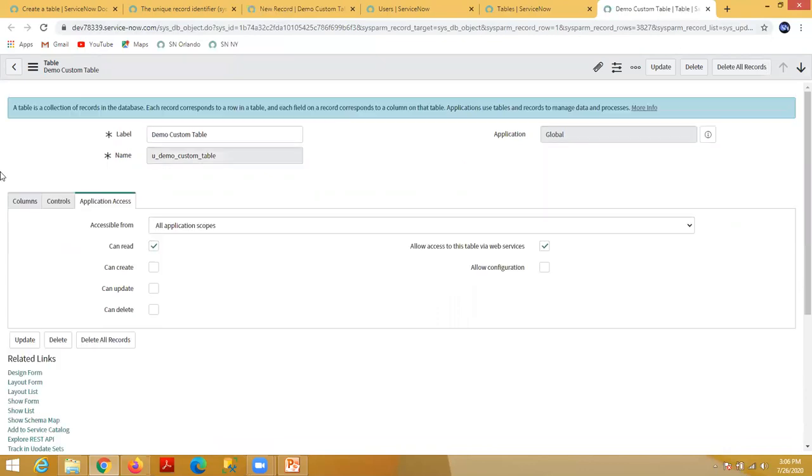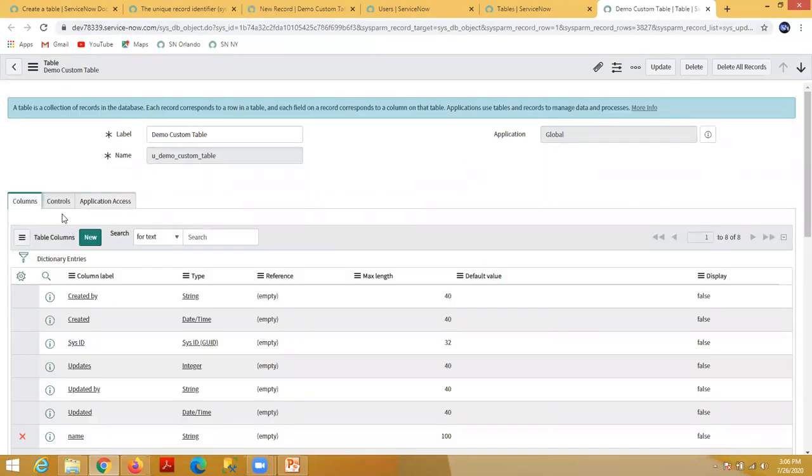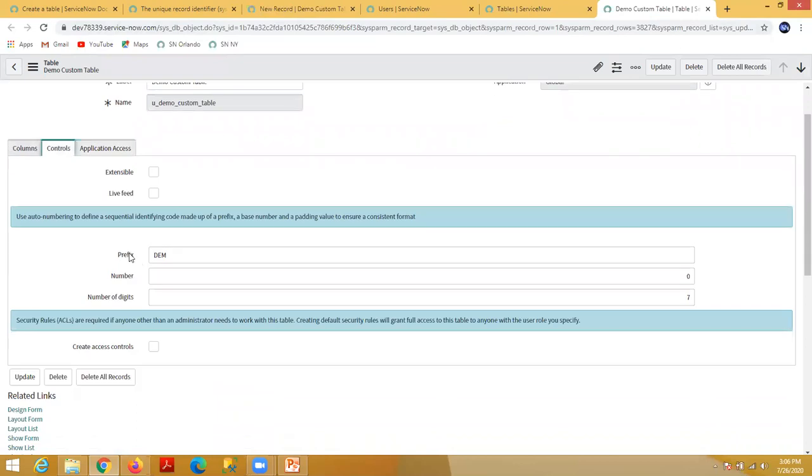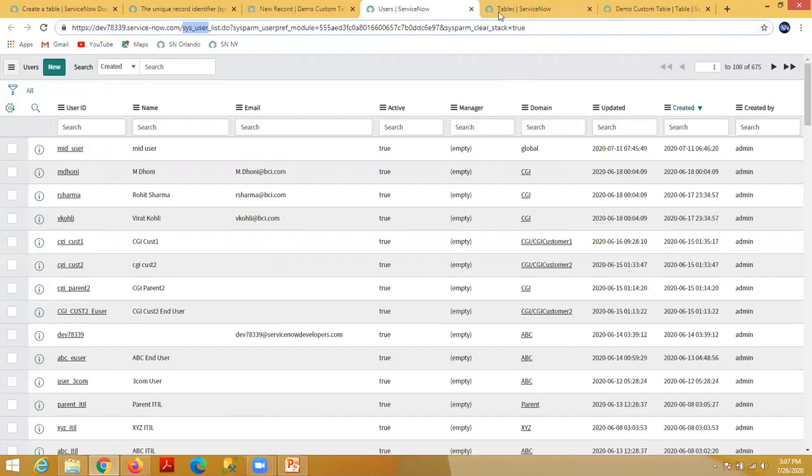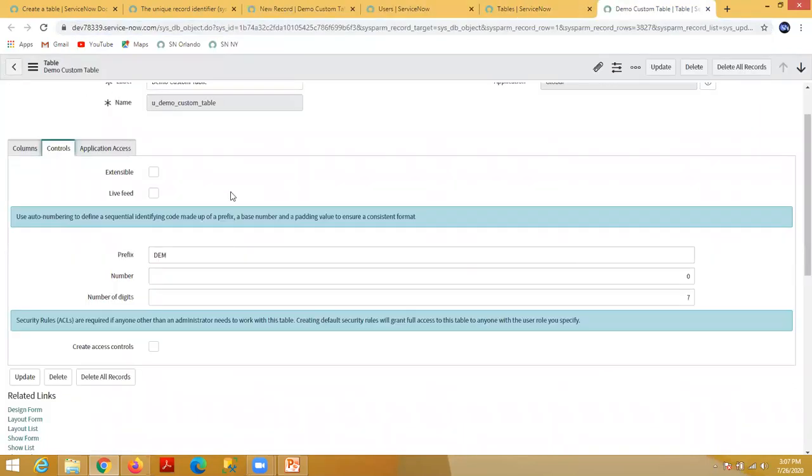Because of this auto numbering, this prefix, this number field is added here, and you can see the record count started from 1, the total digits is 7, and this is the prefix. Whatever we have defined here, the system is working according to that.